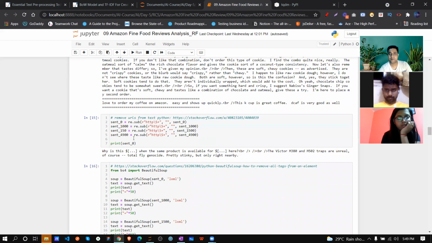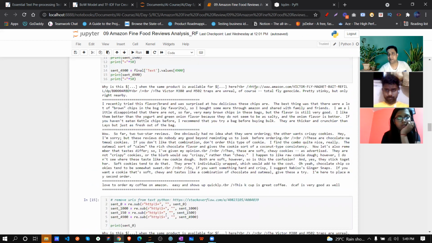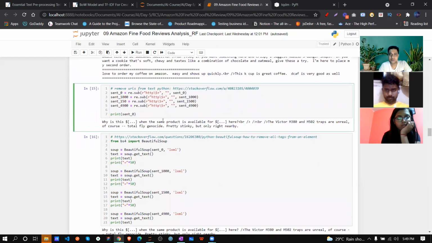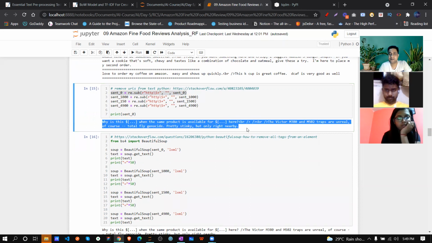So using regex, we can usually remove URLs. If your text has some URL, like this one, see over here, one URL is there. So how can I delete that? We can use this regex as a pattern, and we can directly delete it as a substring. I'm just doing it as a substring replace, nothing else. So see over here, after applying this first code, after removing, it's coming like this. That part is totally deleted.